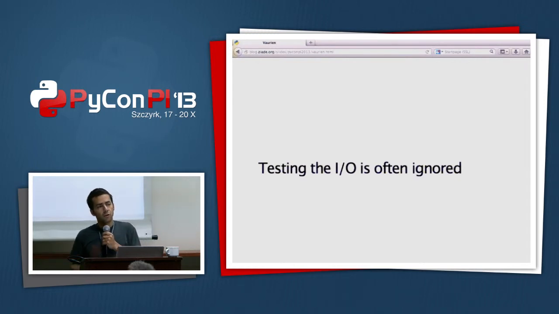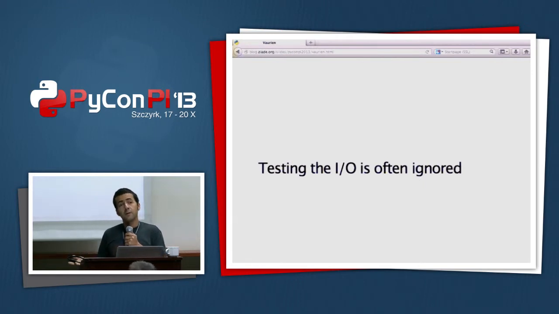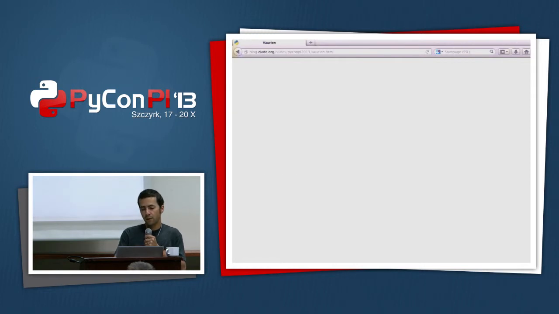Most of the applications we have that go into production usually have lots of bugs there. And what happens is that you correct them as they happen, and you do some bug fixing, and after a while your application is more robust. But it's a shame because you could probably prevent most of the bugs you will have in production if you think about testing all the input-output of your backends.